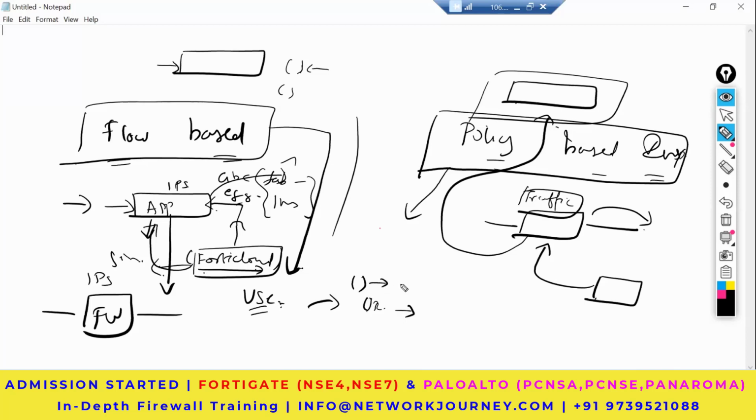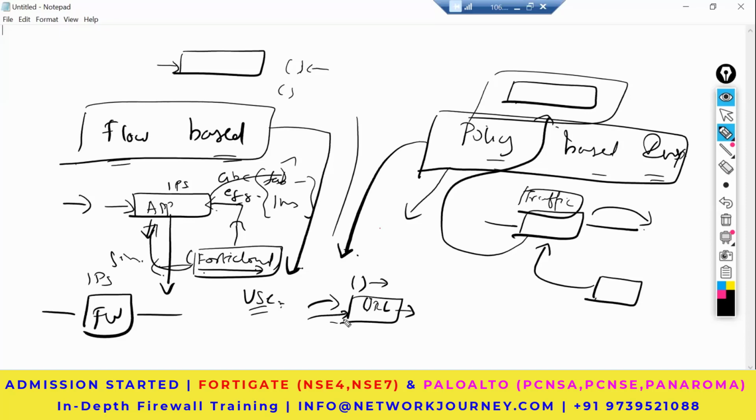So the page should be responsive enough for handling a huge amount of traffic. In that scenario, going ahead to use policy-based inspection is not a wise idea, because that's going to delay your process, and eventually the user's experience would be very slow in accessing the URL, and he will end up,